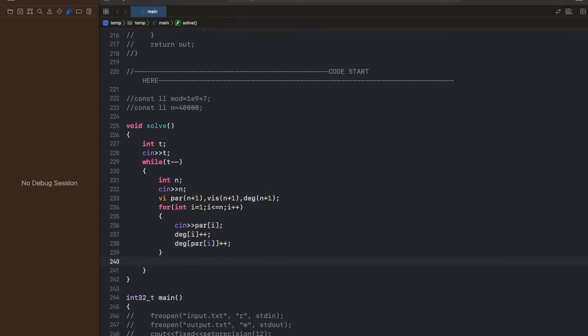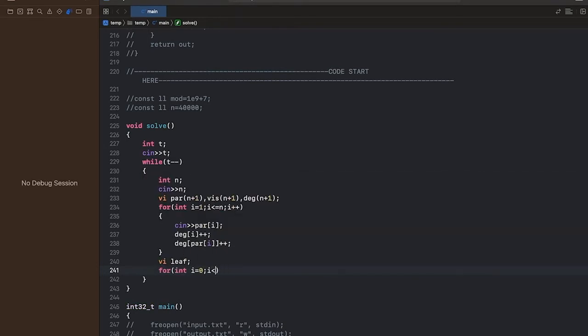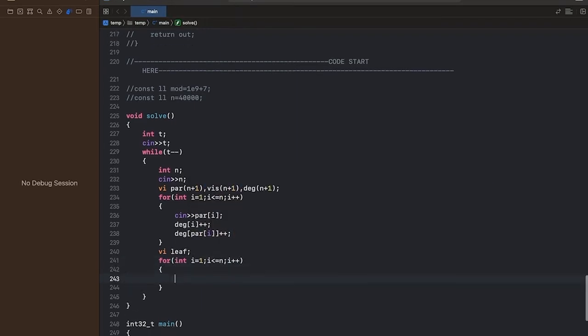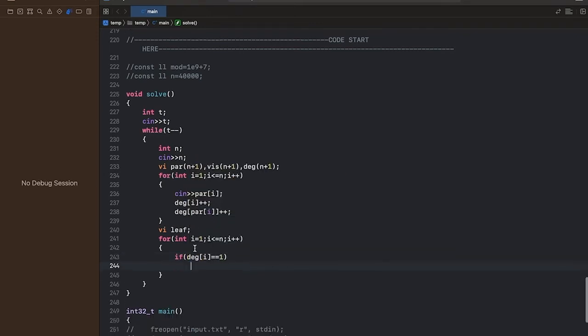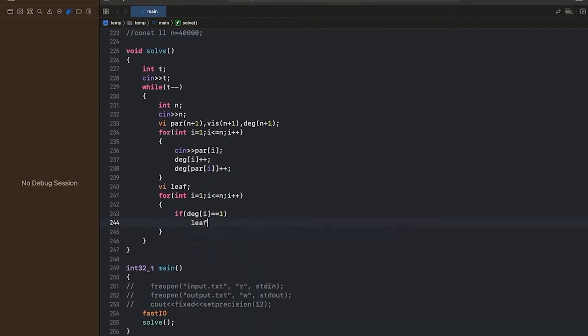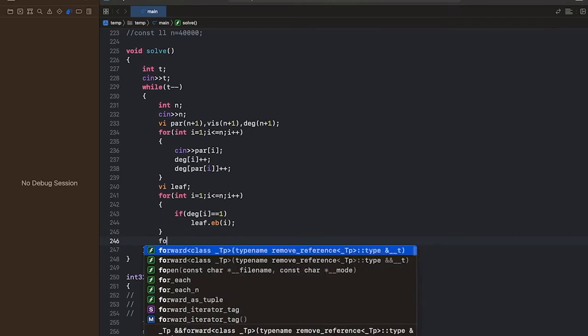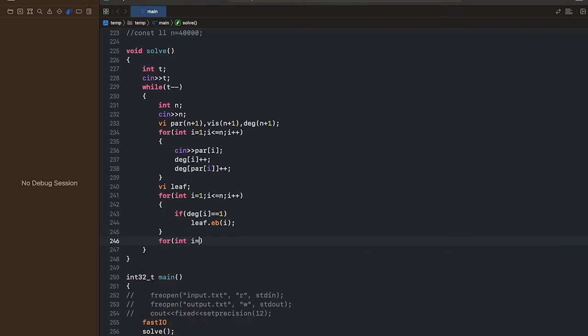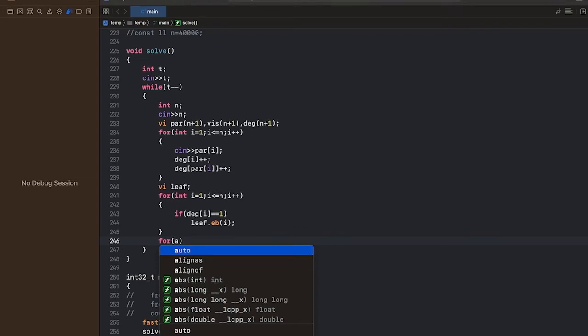So now we'll find all the leaf nodes. The nodes with degree 1 are the leaf nodes. So if degree of I is 1, then we'll push it in our vector. Now we need to find the paths. So what we can do,